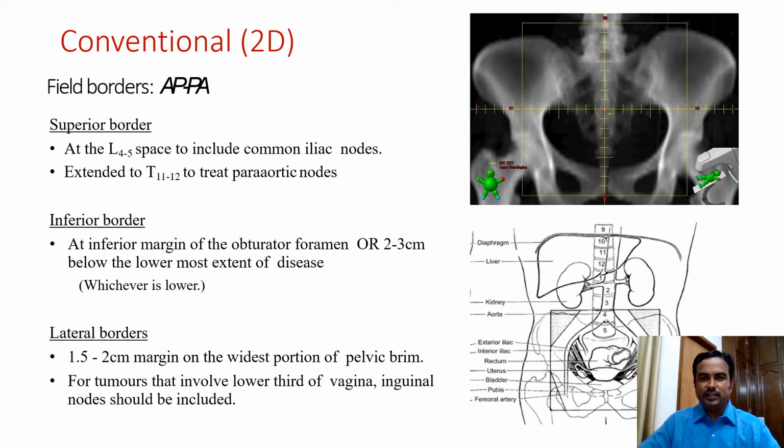This is an AP film which was taken using the simulator, and the landmarks here are only bony landmarks. The superior border is the L4-L5 junction, and the inferior border is the obturator foramen. The lateral borders are almost 1 to 2 centimeters from the pelvic brim. This is how we design the field for an